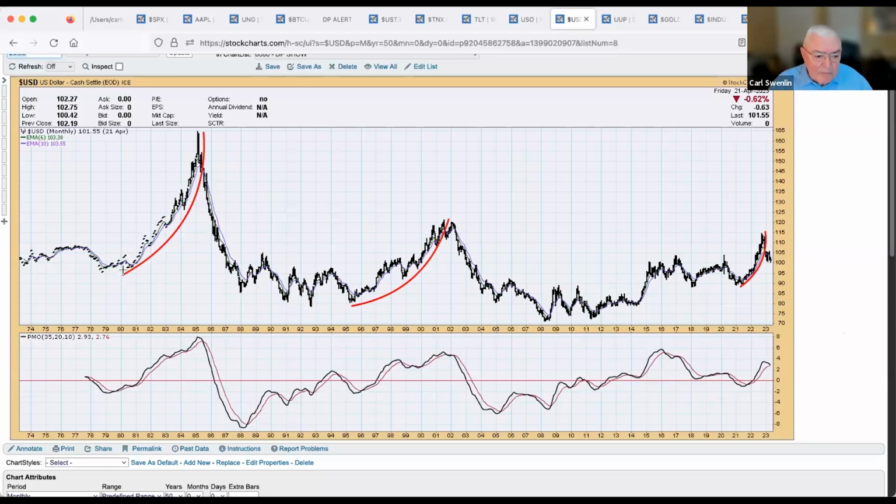But notice back in the 80s, we had a vertical parabolic advance, and that was when the dollar was very strong, and then bang. Parabolic advances usually result in very steep declines. Here we had another one, not quite as steep as these 80s, but again, another decline. Now we have another parabolic advance and a breaking down from that. So I'm looking for lower